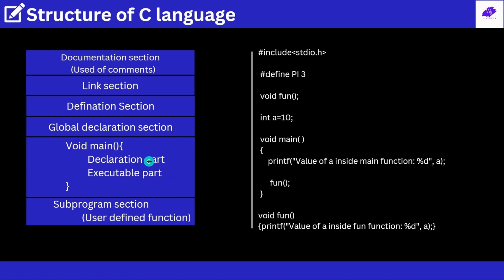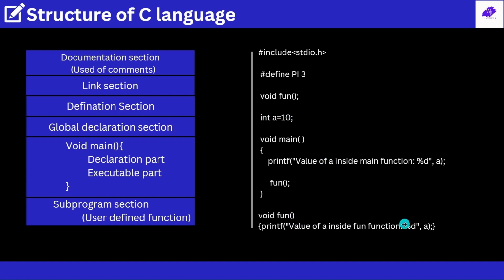So declaration part means we can also include some variables here, like int. Here we declare a variable named b and assign it the value 11. So here we will write int b is equal to 11 semicolon. But the difference between this variable and this variable is that the variable which is globally declared can